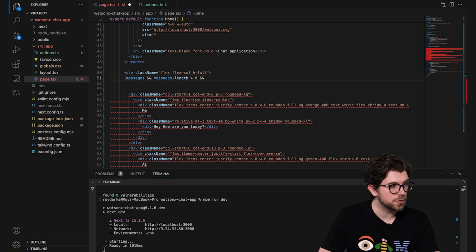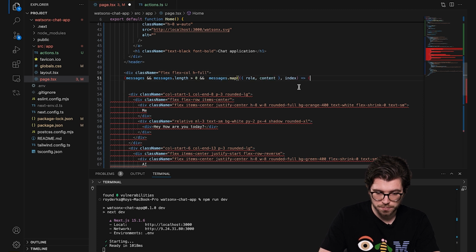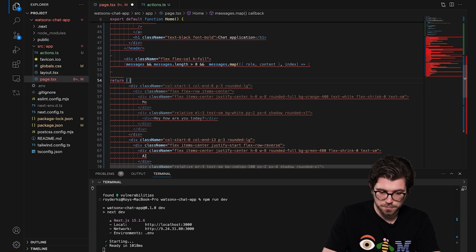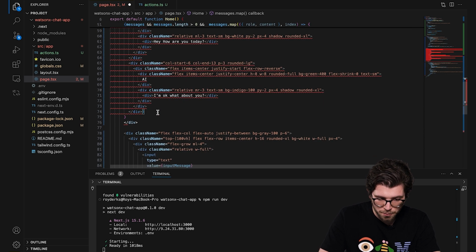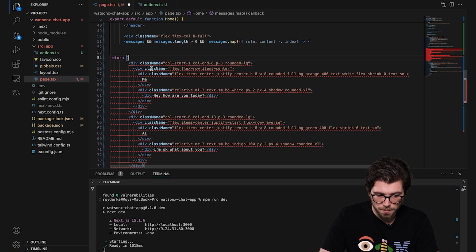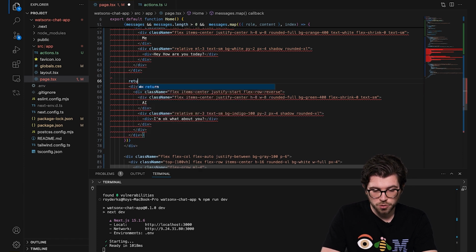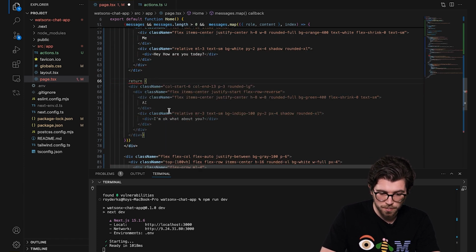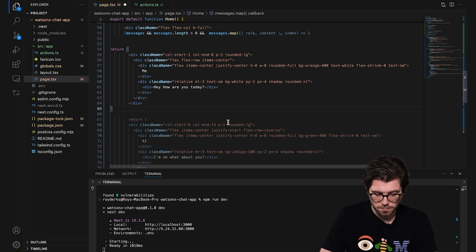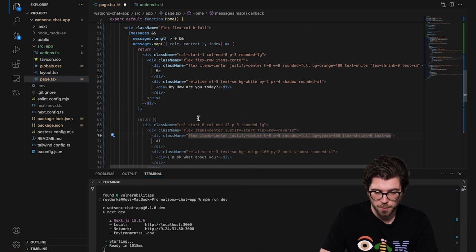So in here, I'm going to map over the different messages. So I'm going to be calling a .map function, and this .map function will handle the return. Make sure I have all the parentheses set up correctly. I believe I have them like this. So my return is here. Let me break up the return in two returns as well, because we have messages coming from the LLM and we have messages coming from ourselves. It's starting to look better. Let me format this code.